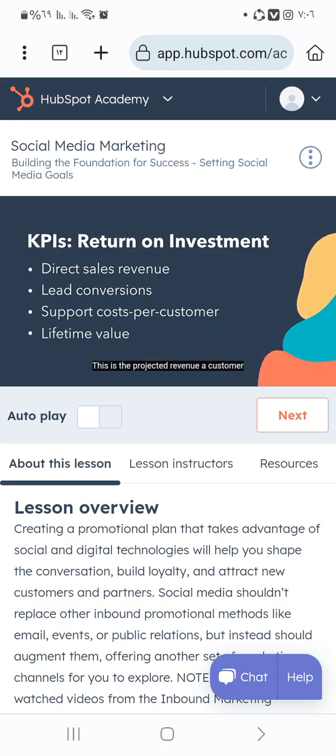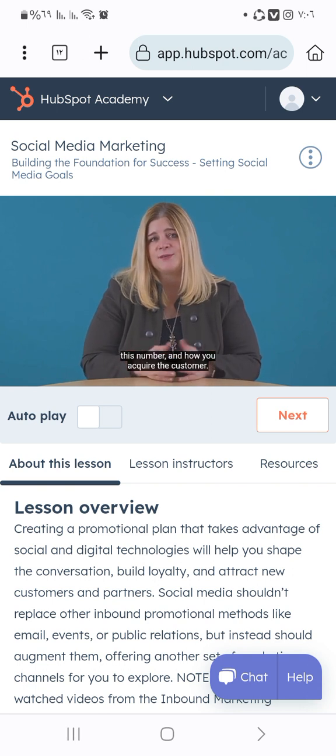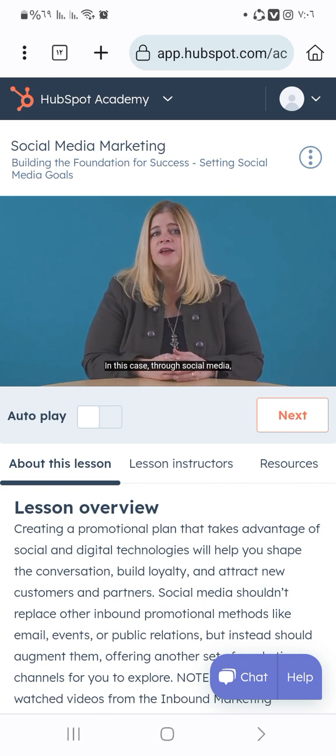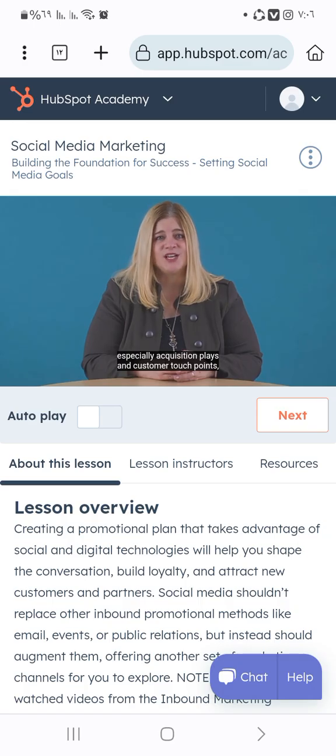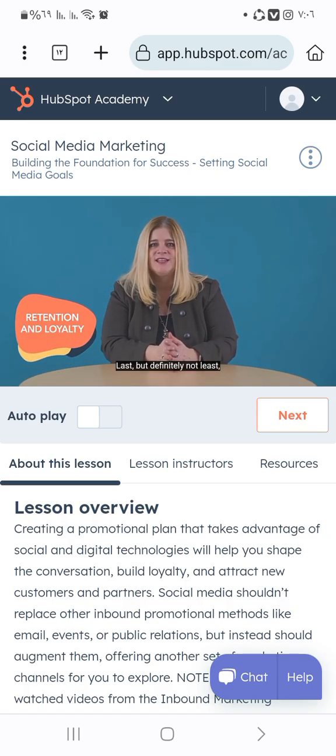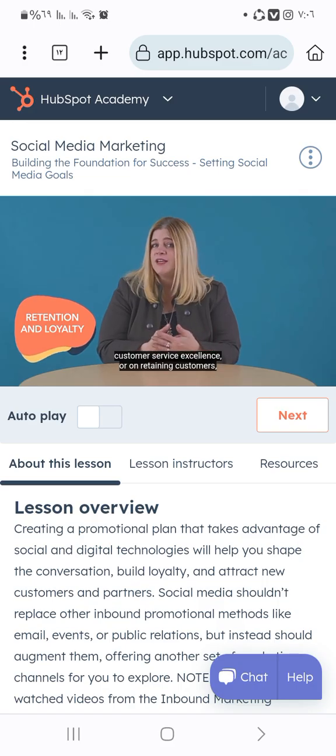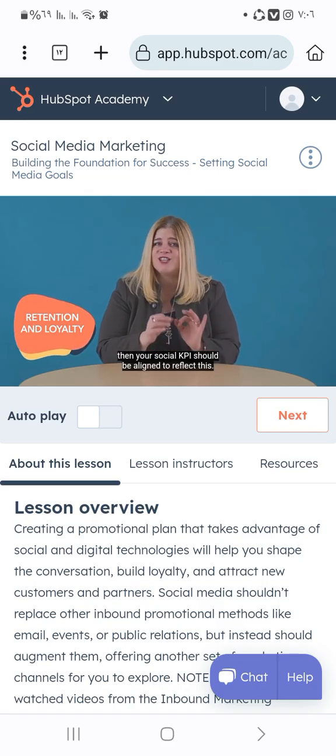Lifetime value. This is the projected revenue a customer will generate in their lifetime. There are a variety of ways to calculate this number and how you acquire the customer. In this case, through social media, especially acquisition plays and customer touchpoints, will affect the lifetime value. Last, but definitely not least, is retention and loyalty. If your business goals are centered around customer service excellence or on retaining customers, then your social KPI should be